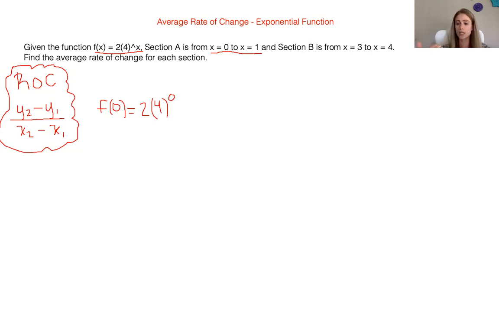The first thing, P, parentheses, really means grouping symbols. There aren't any grouping symbols, so I can move on to exponents, which there are. So we need to start with 4 to the power of 0. What is anything to the power of 0? It's 1. So we have 2